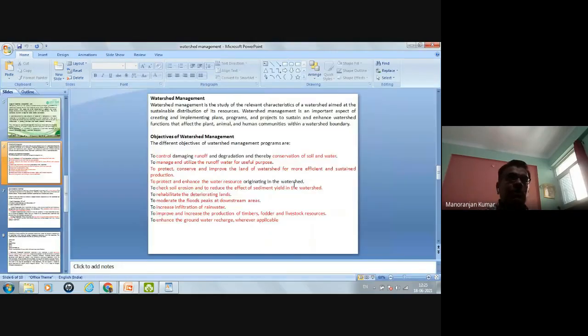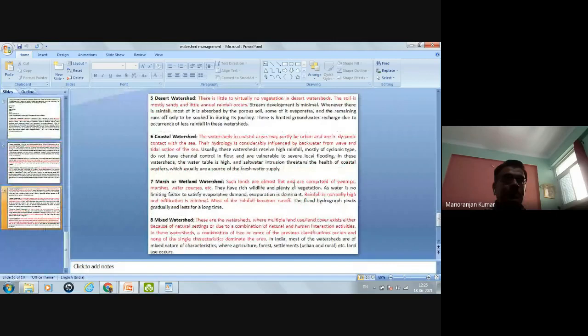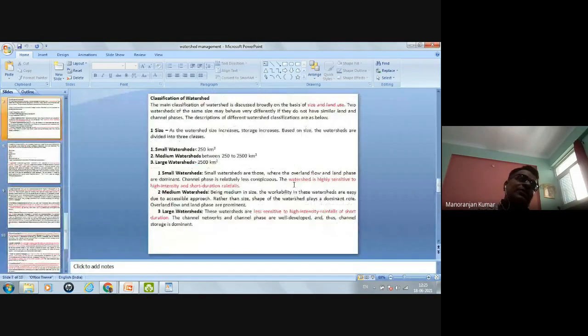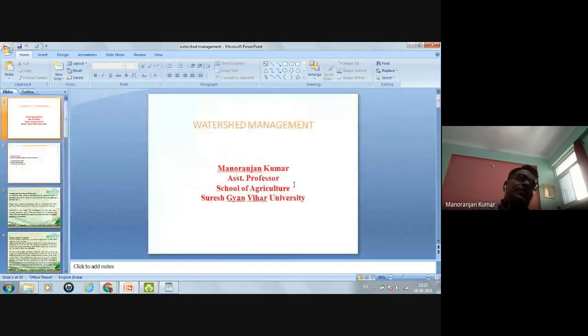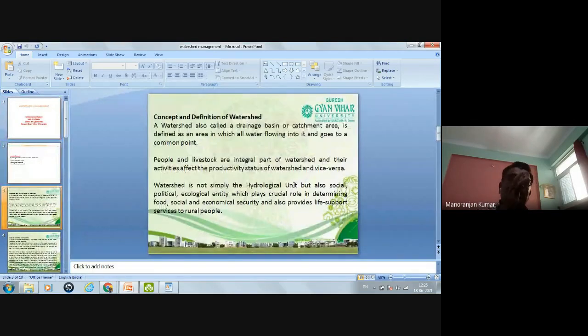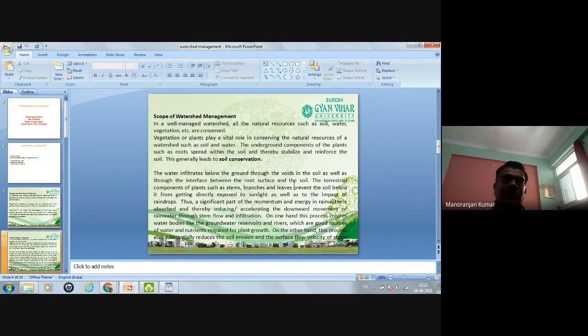So this is all about today's lecture. Here in this lecture, we have seen what we mean by watershed. Watershed means an area where all the runoff water will collect at a single point. Okay, so if we collect all the water at a single point, then you can develop all the things near that single point. Also we have seen the different scope of watershed management,